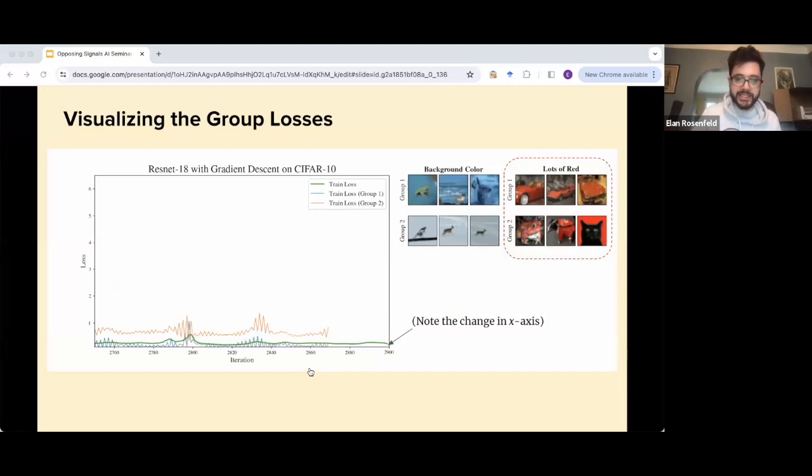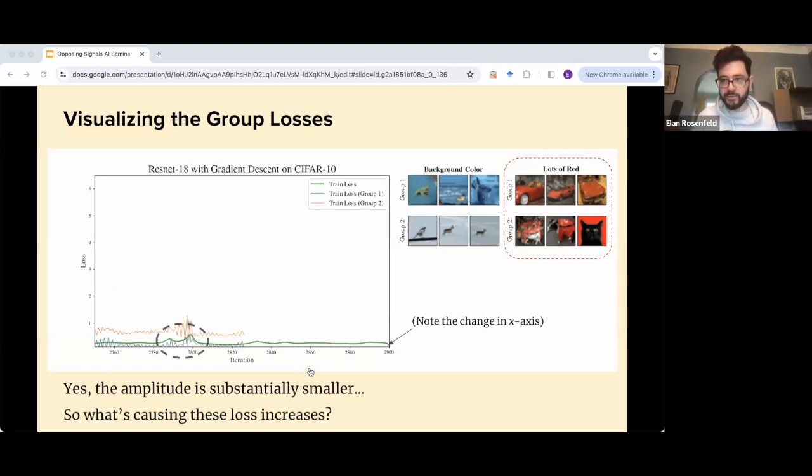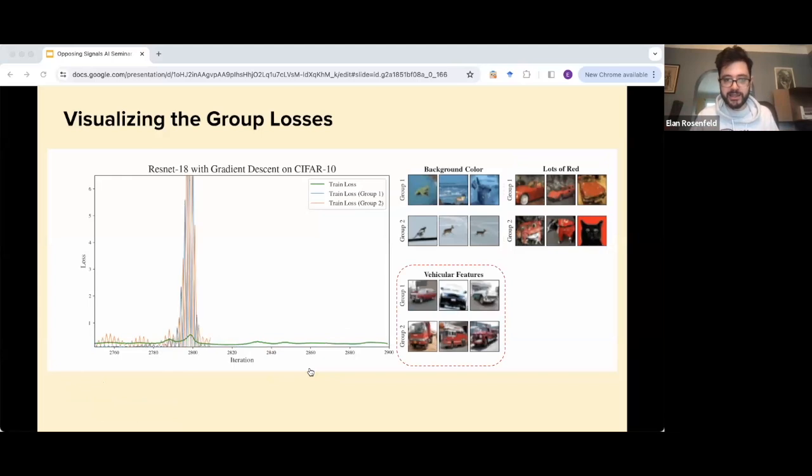But keep in mind that the overall loss is still increasing. And so, what's causing that? We selected these points at the time t that was in the beginning of training. So if we now select these groups based on the end of training and visualize their loss, we get these massive spikes. We're near the end of training, we've almost interpolated, and the training loss is like 0.5, 0.4, and you get a small number of samples spiking to like 6 or 7.